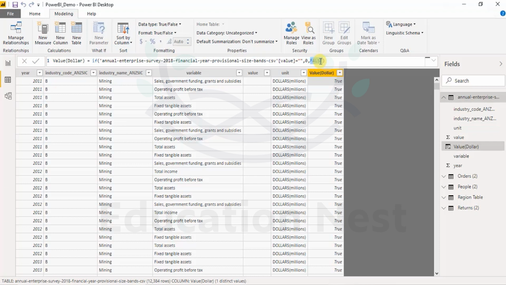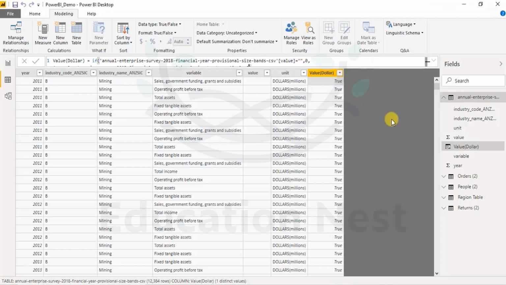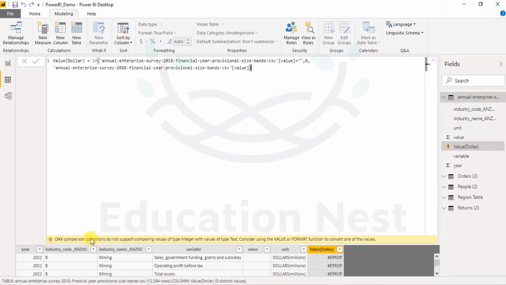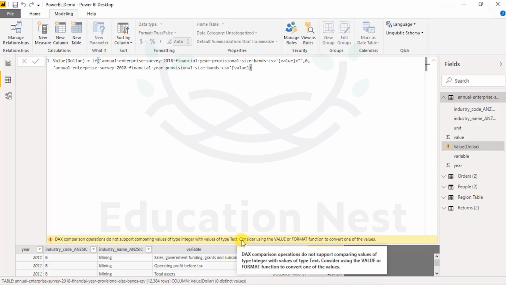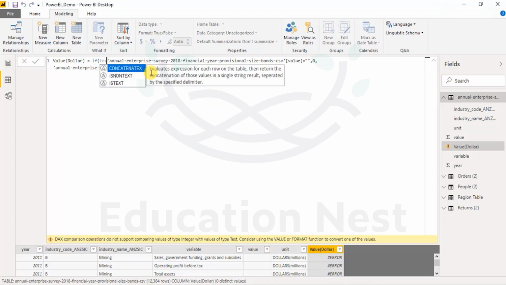Else you give the value, so that value is again this value. Fair enough. Now when you click enter, there would be some calculations done. We encountered an error over here. Now if we try to troubleshoot, DAX operations do not support values of type text. So the problem over here is you have to change this into a text first, so you would say text of